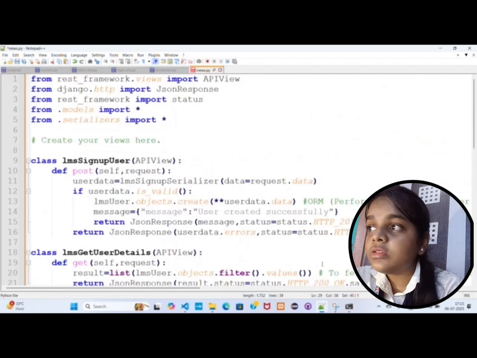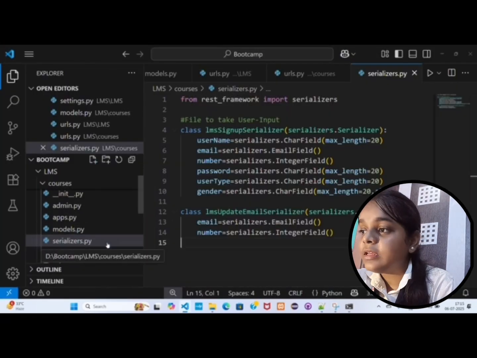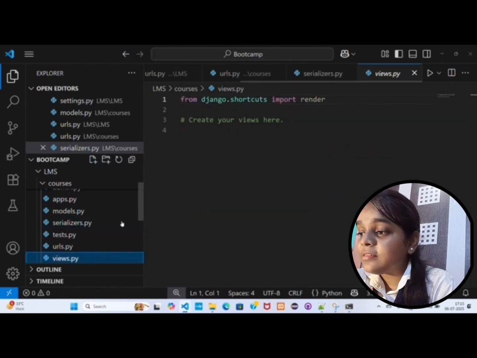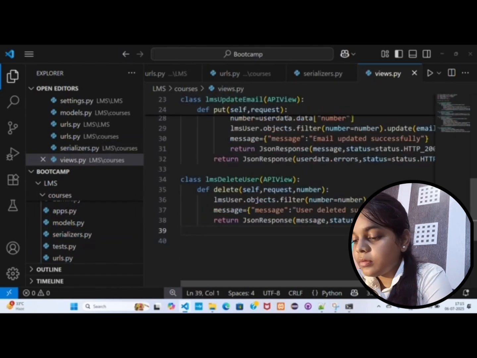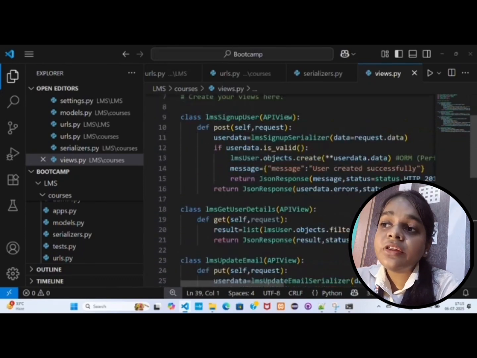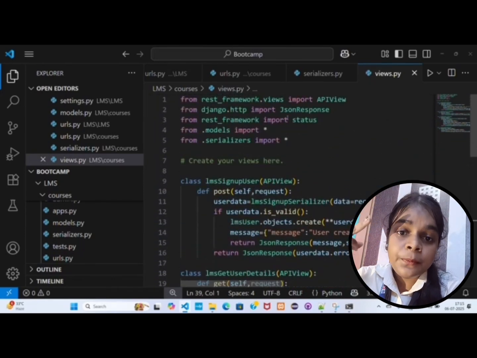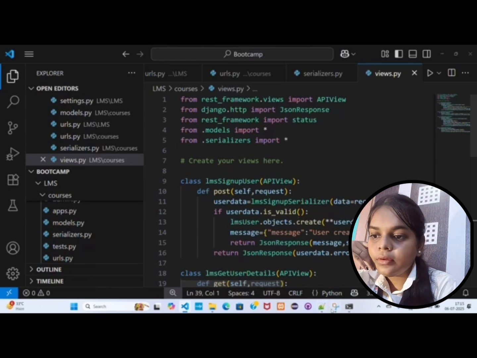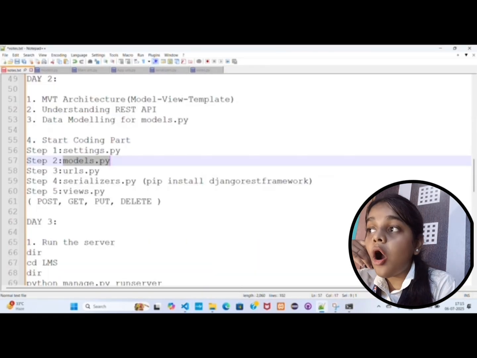This was all about views.py, and we will copy the entire code from here. We will reach VS Code, and within views.py we will paste the entire code. I will save this, and we are done with views.py, all the 4 APIs: post, get, put and delete. Now we are done with all the Python files. So views.py was our last